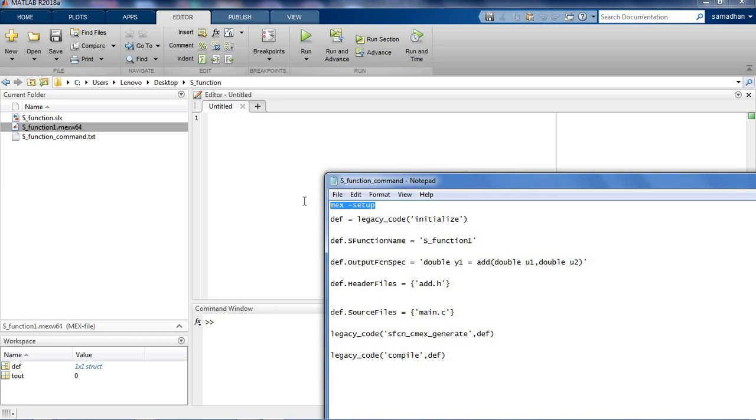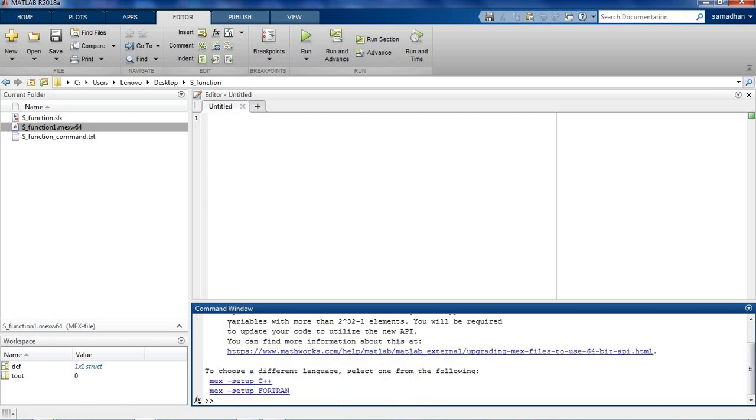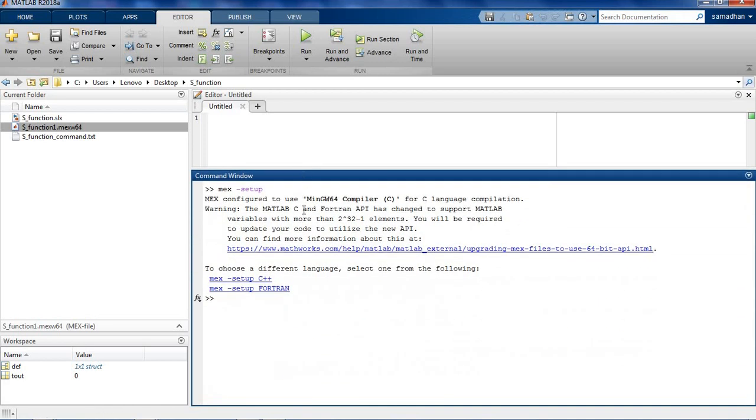Just write mex -setup in the command window and press enter. See here, the MinGW64 compiler is installed in my PC, so it is showing here. If a compiler is not installed, it will show that a compiler is not installed in your PC, but now it is installed. That's why it is showing the MinGW64 compiler is installed in your PC.